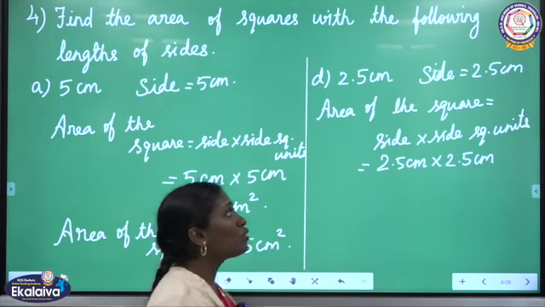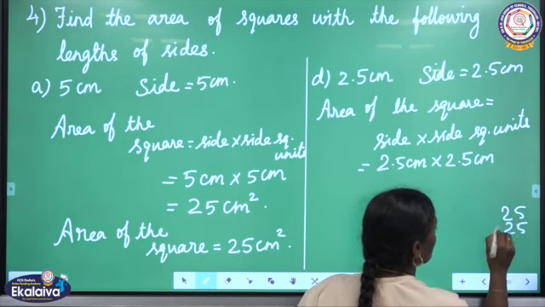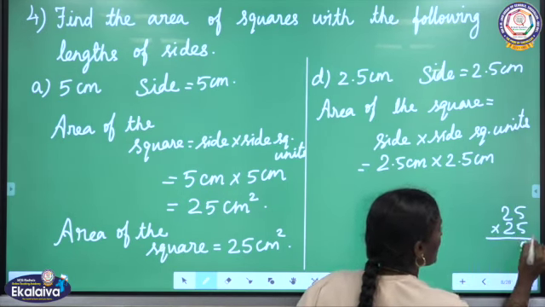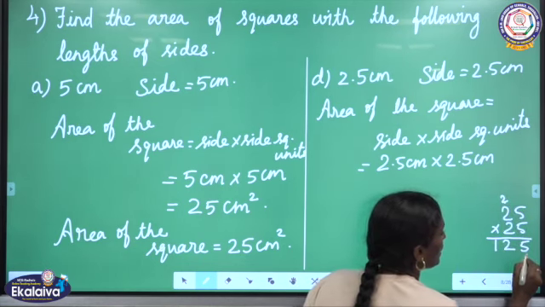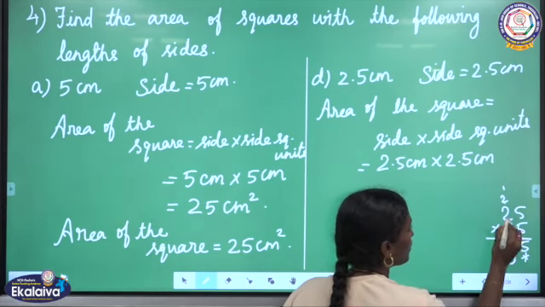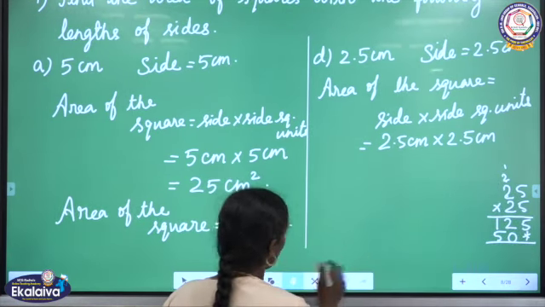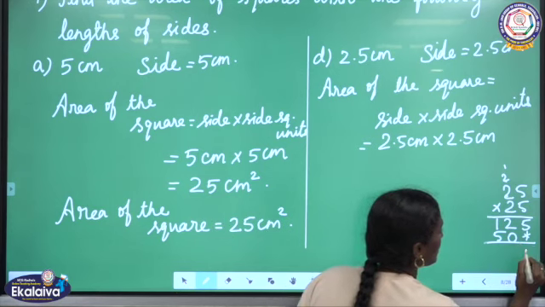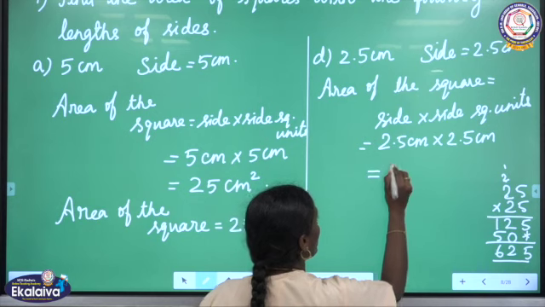Now we have to multiply the decimal numbers. While multiplying the numbers, we can consider them as whole numbers. So 25 into 25. Here 5 5s are 25, 5 here 2 carry over, 5 2s are 10, 10 plus 2, 12. Then we have to leave the ones place, 5 2s are 10, 0 here, 1 carry over, 2 2s are 4, 4 plus 1, 5. Now we have to add these two numbers. Here 5, 2, 6, 625.